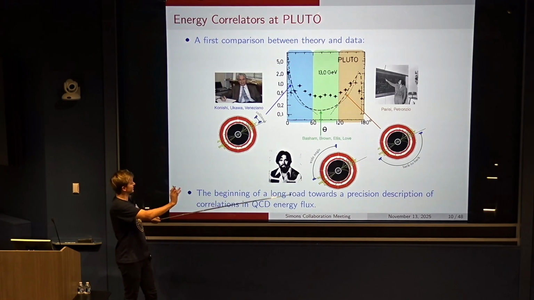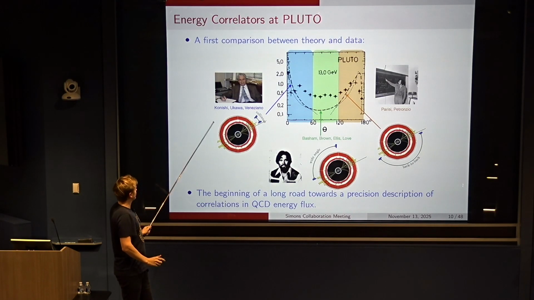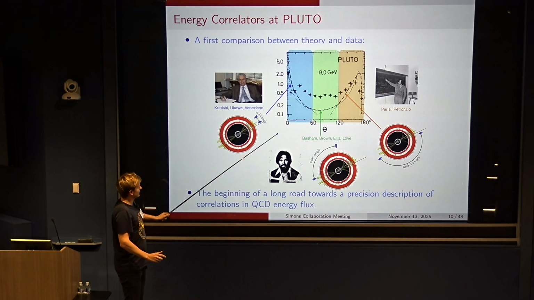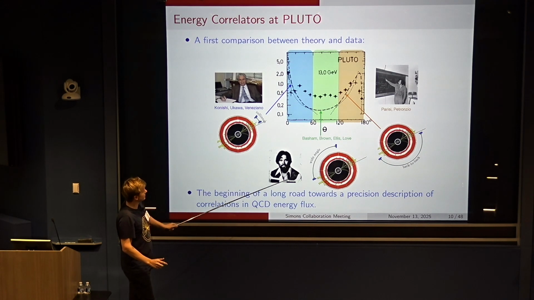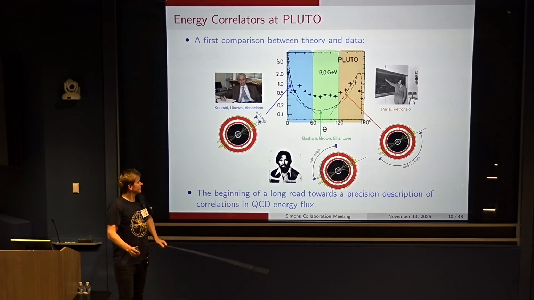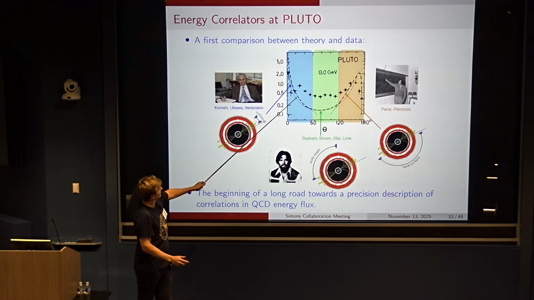And so the reason why there's kind of specialized calculations for the different limits I'll come back to. It was then computed by Konishi and Veneziano in this small angle or collinear limit. And then it was combined with this calculation, which I mentioned earlier, by Ellis and collaborators in the middle. And so what you can see is that you have quite horrible agreement between the theory and the data.